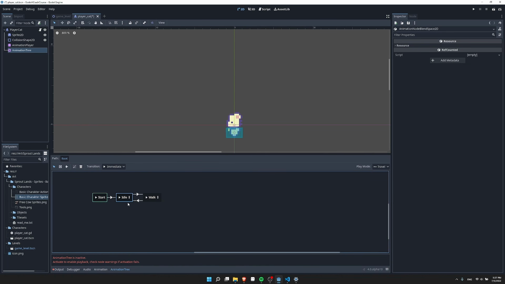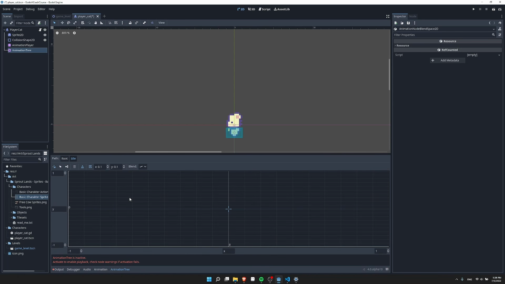In order for the blend space 2D to work, we need to click on the edit pencil next to idle, and then we'll see another graph. So this has X and Y. We'll get X and Y inputs from our script in order to control which animation it's going to show in here, by basically whichever animation is closest to the XY values on the graph is going to be the currently displaying animation. Now, before we do that, I'm going to change the Y max here to 1.1